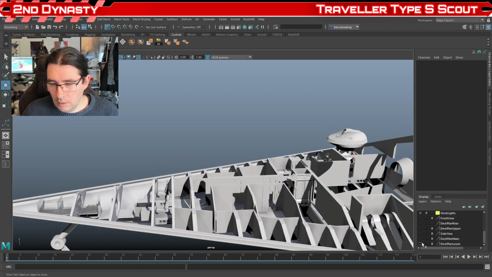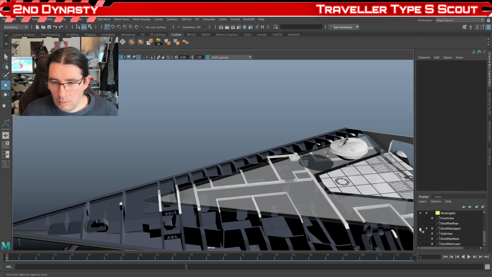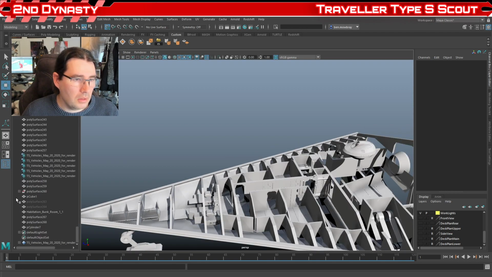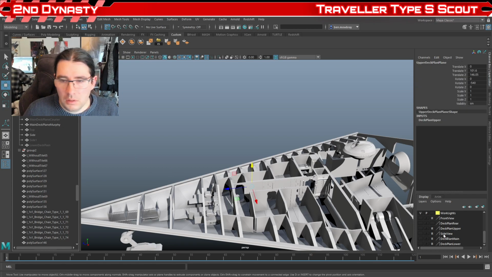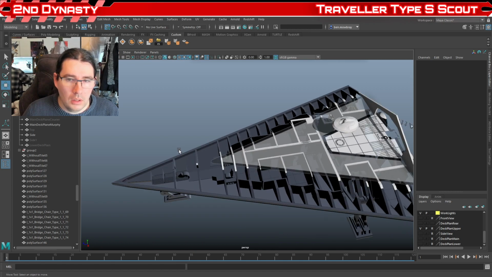Let's see, deck plan upper. Was that it? No, that's the wrong one. Hang on. There's so many deck plans. Deck plans. Planes. There we go. And we want the upper deck plane. That's that one, which is the...